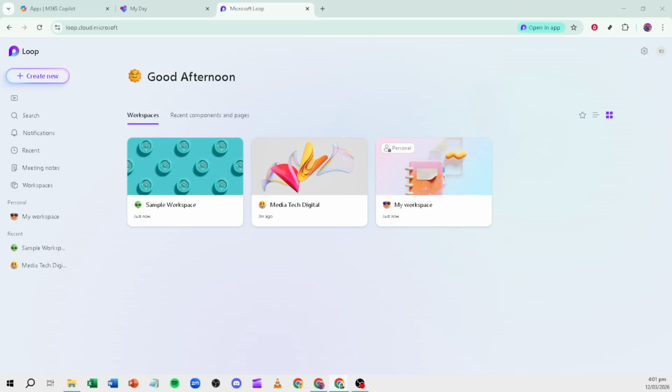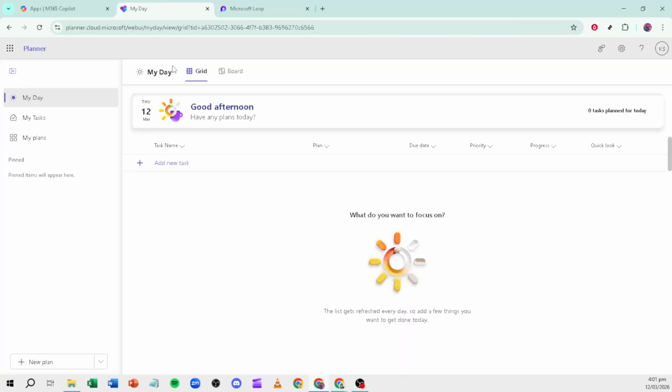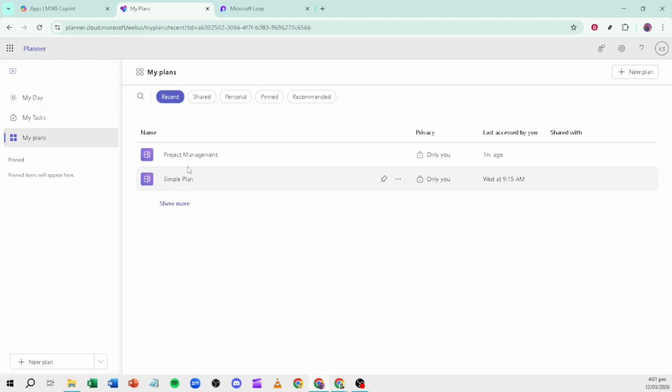In today's video, I'm going to teach you Microsoft Planner integrations with Microsoft Loop. We'll start in Microsoft Planner. Open My Planner and choose any existing plan you want to work with. This can be a team board you already use or a test plan, anything with tasks you'd like to surface